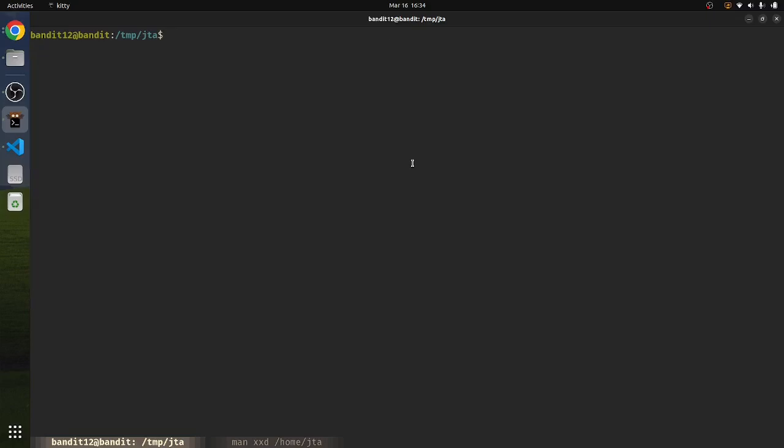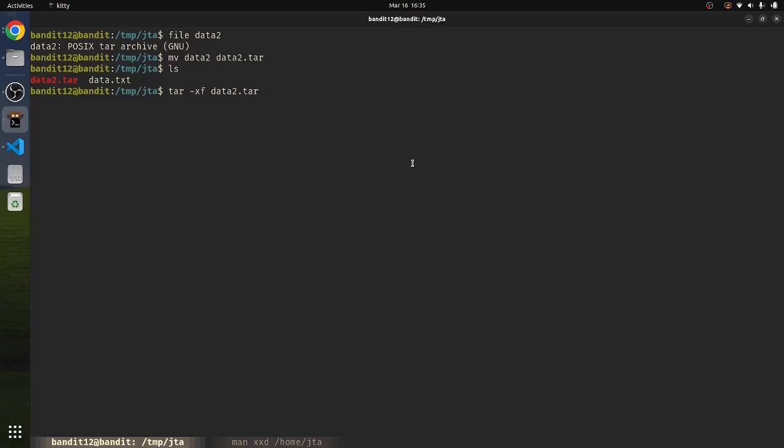Let's clear it up and see what data2 looks like now. It's a tar, so move data2 to data2.tar. This one takes a while. I'm sure you could automate it, but it's just kind of going through it. So we're going to do tar, and to extract it, we use x, and f is for file, data2.tar. And we have